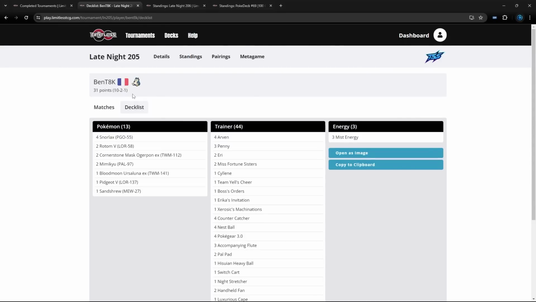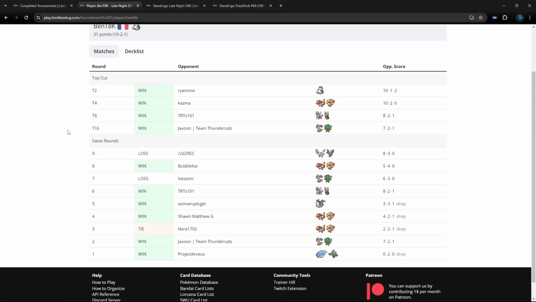They went 10-2-1, winning the event. Their losses being a Raging Bolt and a Lugia. Like I said, they didn't tech for Lugia, but looking at the decks they were able to beat, we see